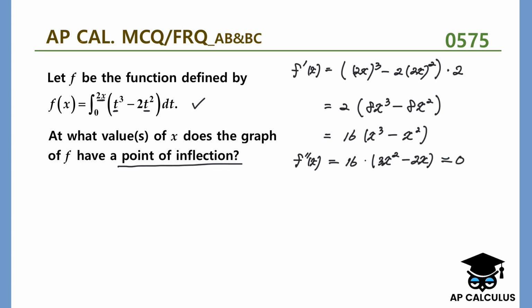And we're going to have to find the value of x where f double prime is equal to 0, right? So let's factor out x. Then that's going to be 3x minus 2, right? That is equal to 0. So the second derivative is equal to 0 when x is equal to 0, or x is equal to 2 over 3, right? Now let's test